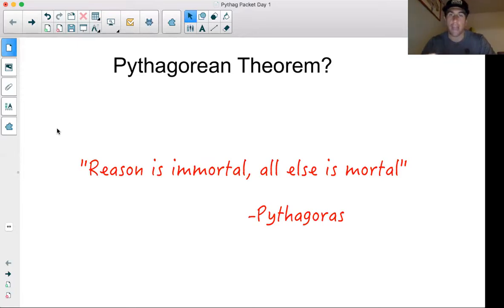Here's a quote by Pythagoras himself. It's a very interesting quote. I really love this quote. It says, "Reason is immortal, all else is mortal." So I want you guys to think about that. I know you guys have a lot of free time, so read that quote to yourself a couple times and dissect it and see what it means to you. Everyone has Mr. Tone over there. This is a great little quote. You guys can shoot him a remind text and tell him what he thinks about this quote. It's one of my favorite quotes out there.